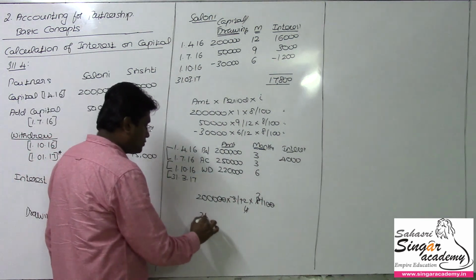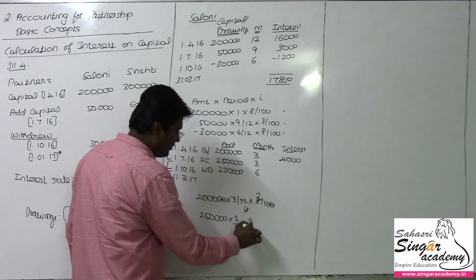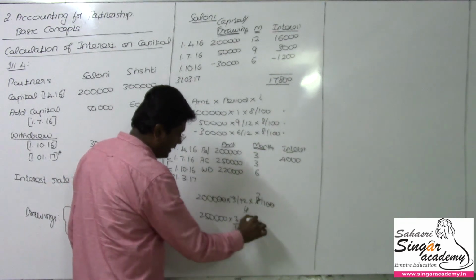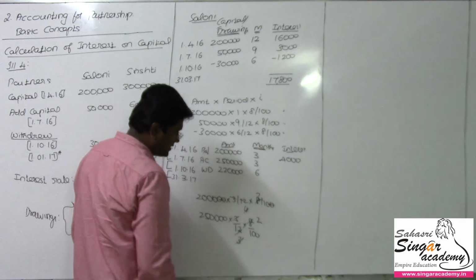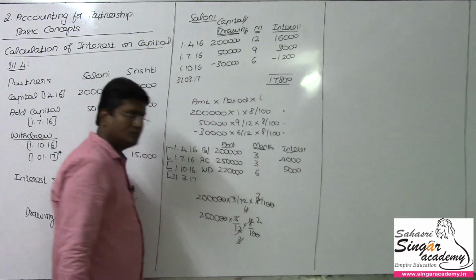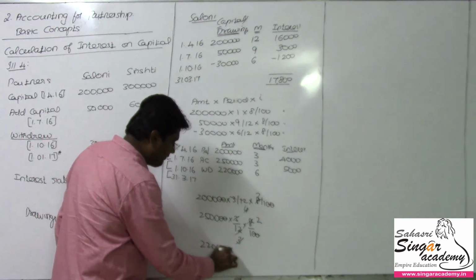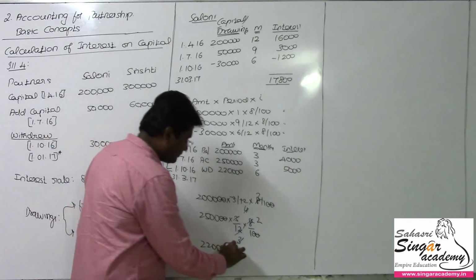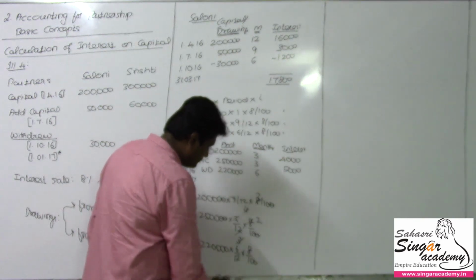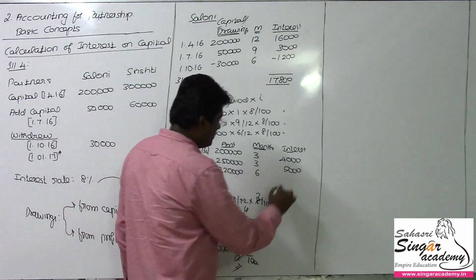The next will be 2.5 lakhs, the balance increases to 2.5 lakhs, into 3 months, into rate of interest is 8%, right. So 3 and this will be 2 times, 3 got cancelled. So here the value is 5,000, interest is 5,000. Then the balance decreases to 2,20,000. This 2,20,000 rupees is available as capital for how many months? 6 months. So we have to calculate for 6 months here, 6/12 into the rate of interest being 8%, so 8,800 rupees is the answer.